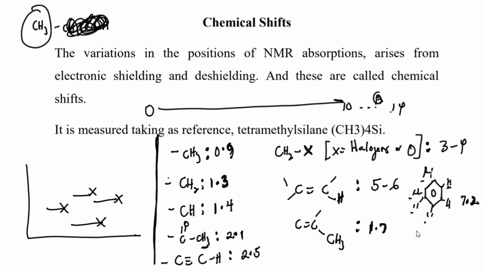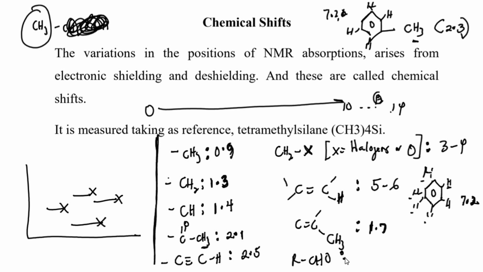So let's say we have again benzene, let's put hydrogen, hydrogen, hydrogen, hydrogen, and now let's say we have this one, CH3. All these are still around 7.2, 7.5 or so, but this one here is going to be around 2.3, right? Around 2.3. So aldehyde, like in the case of CHO, the aldehyde proton is usually between 9 to 10,